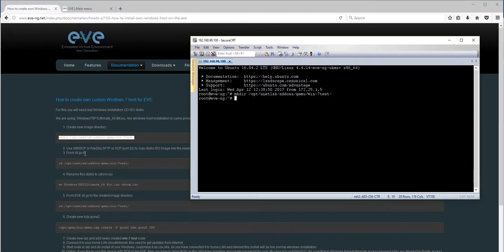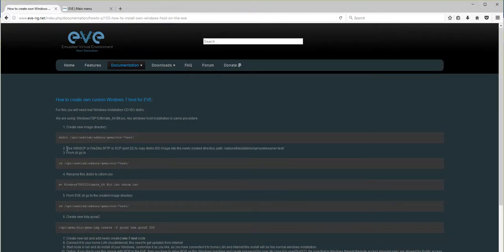The next step: use SCP or FileZilla, SFTP protocol or SCP, to upload this distro ISO image to the newly created directory. The correct path is here. Okay, let's go.